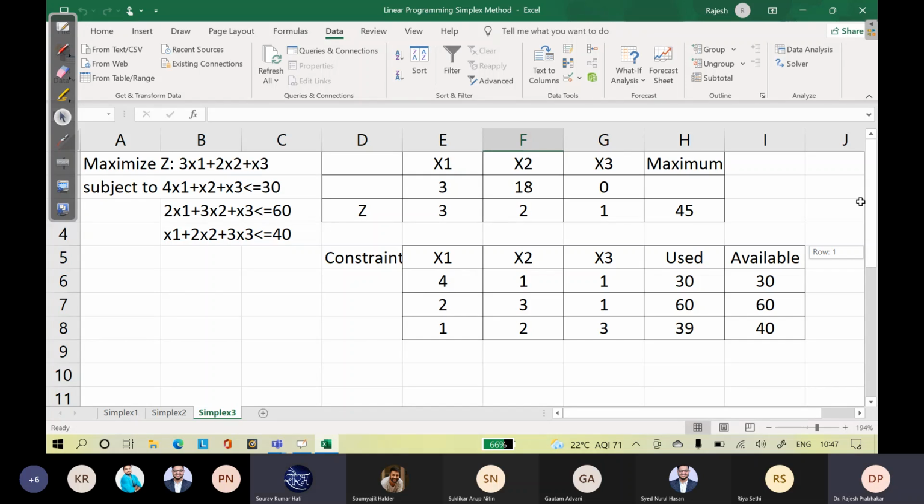Okay, sir. So you want to do a 4-variable problem? We can, sir. Three variables only, or 4-variable, 5-variable. I'm not getting the biggest problem, because the Excel solver has certain constraints.